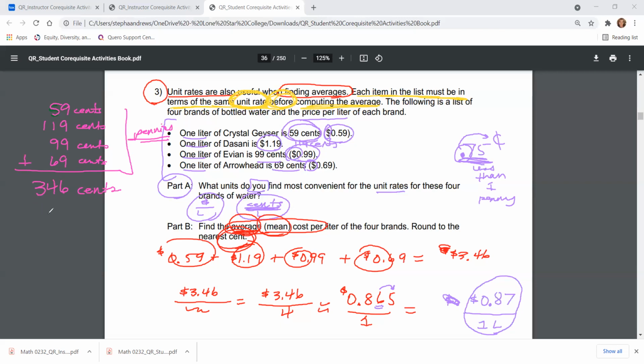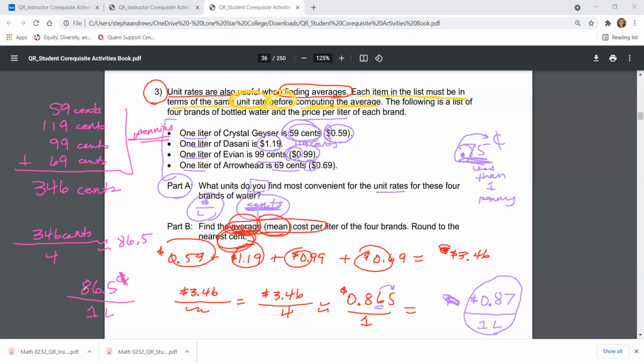And so I can write that 346 cents. But remember, I'm trying to find an average. And it's 346 cents for all 4 of them put together. So I need to divide off, get it into singles. And when I do, I get 86.5. So over here, I would write 86.5 cents for every 1